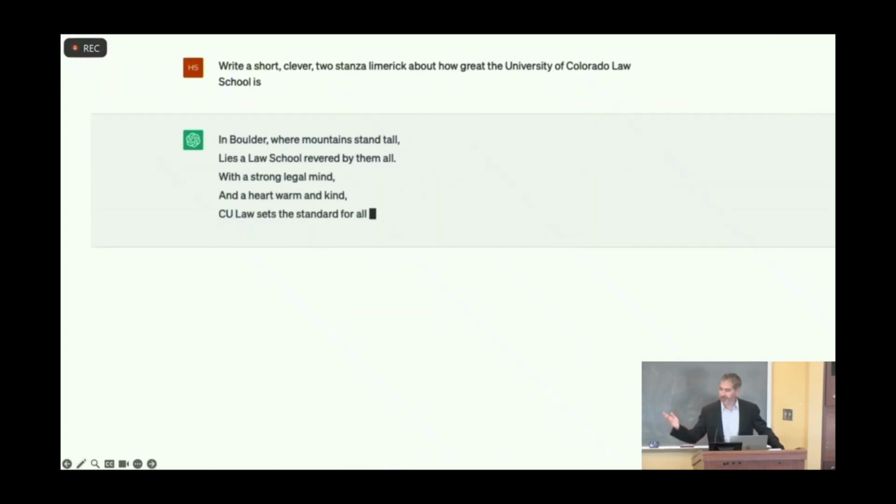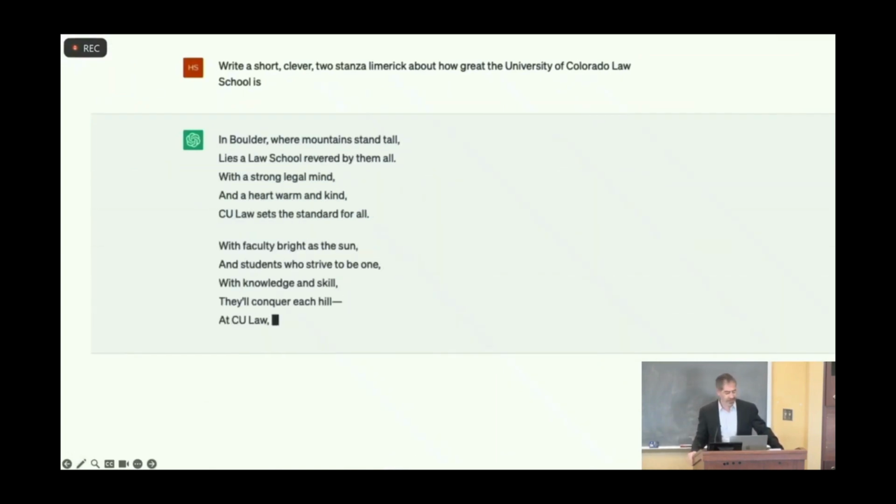And it's kind of a nice little poem. "In Boulder, where mountains stand tall, lies a law school revered by them all, with a strong legal mind and a heart warm and kind. CU law sets the standard for all," right? Sounds pretty accurate. So that's pretty impressive, and that alone would have been amazing, but we're going to see